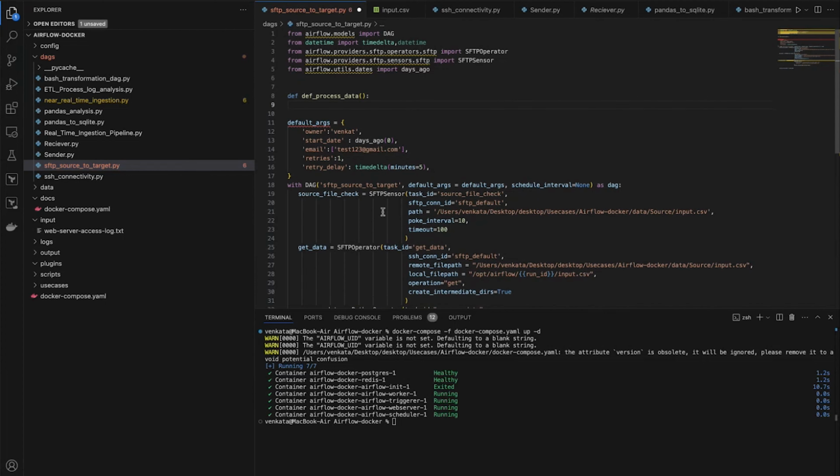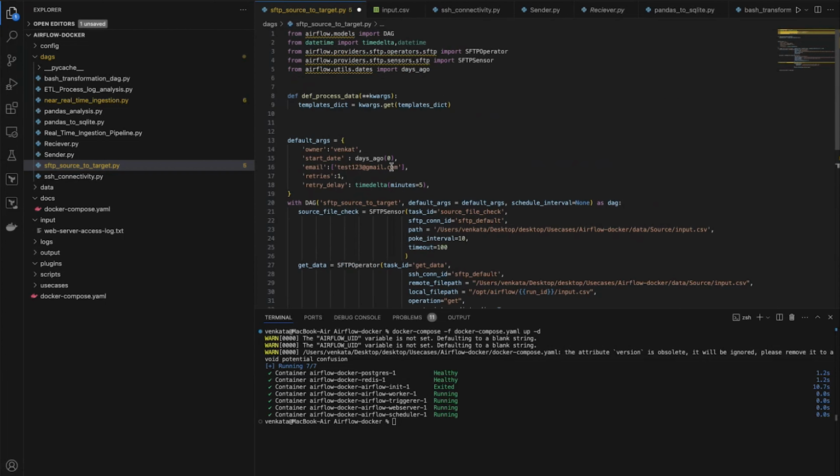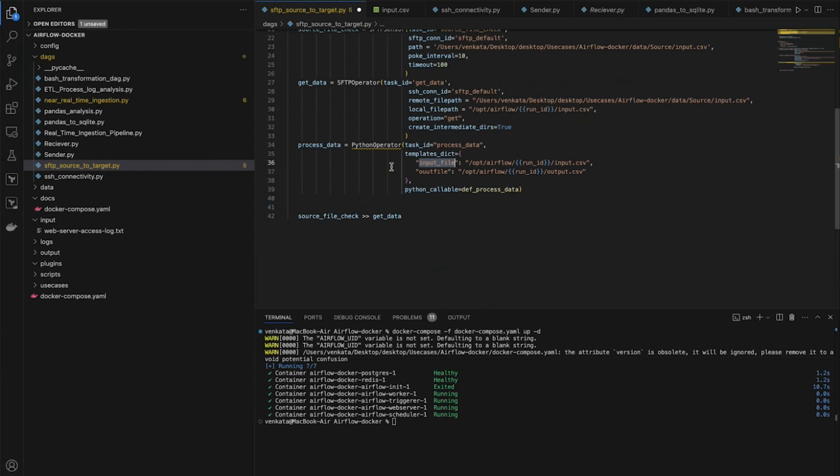I'm passing the arguments, and now templates dictionary equal to kwargs dot get. Where is my dictionary? The template dictionary is this one, the input and output locations. So I'm just passing these locations. This is the dictionary, and for the input file, let me take